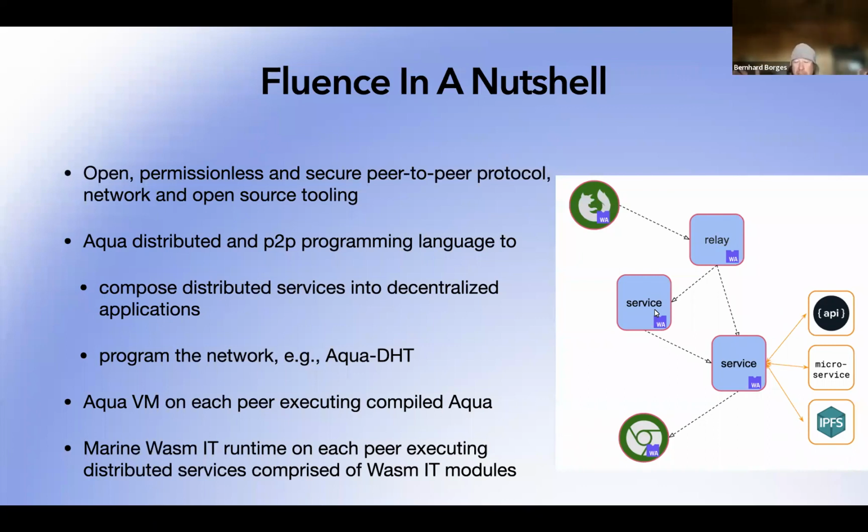So if you're looking at this, the green ones are clients, which could be a browser, which, by the way, is a very important entry point. It could be an edge device. So in proper peer-to-peer networks, your client can be very, very thin, which is really important if you want to scale and minimize your onboarding through clients. So those two green things could be a browser, and browsers can't directly connect to be a node in the network, so they would have to go through a relay.